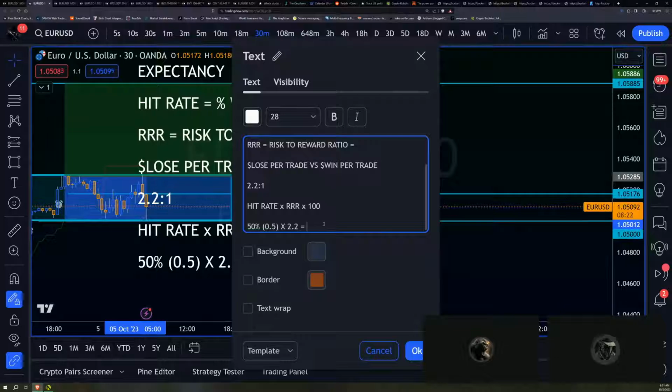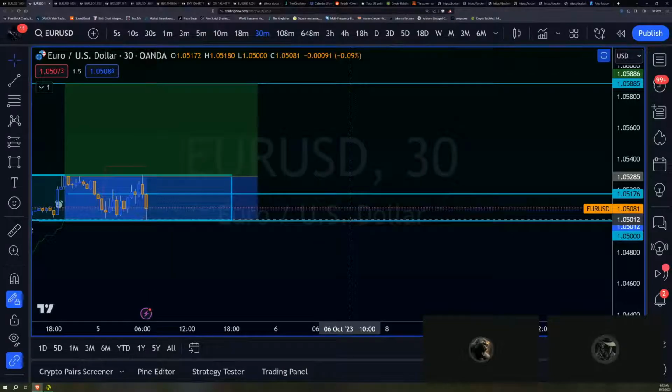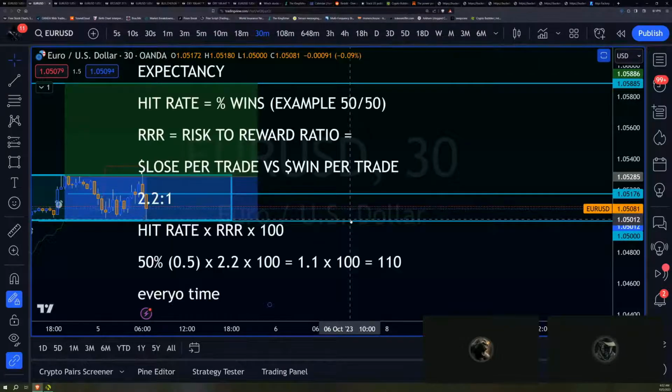So that's going to end up being 1.1 per trade, which is times your $100. Right? So it's 1.1 times 100 equals 110. What that number is every time,